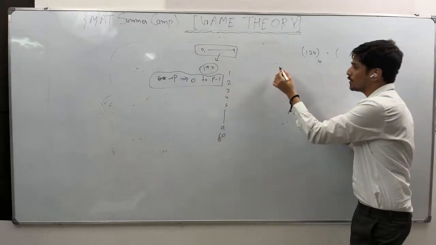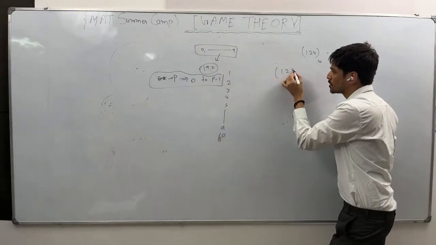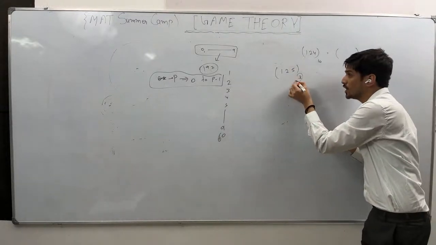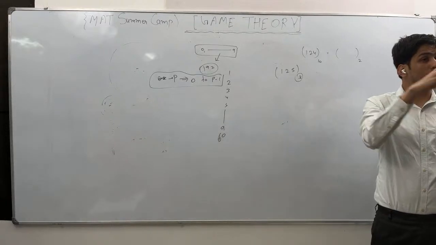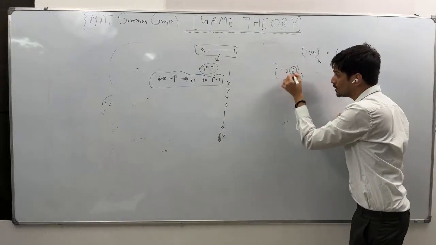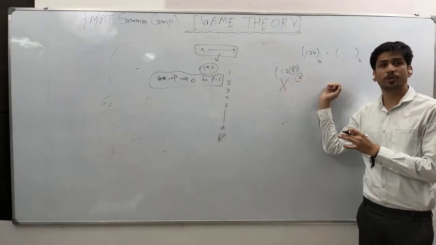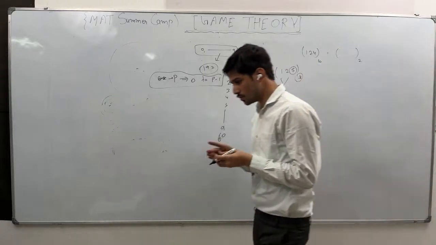0, 1. Simply, if I ask you, is it correct or false? Tell me, is it true? This is not true, because if the base is 3, I can have only the digits 0, 1 and 2. But here 5 is written, so this is false. This one is clear. This is the basic rule you need to understand, and then only we'll solve the next problem.